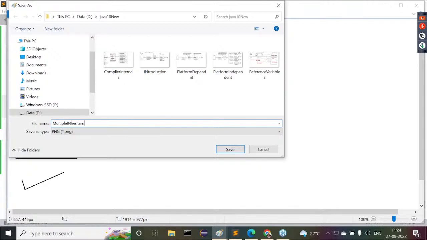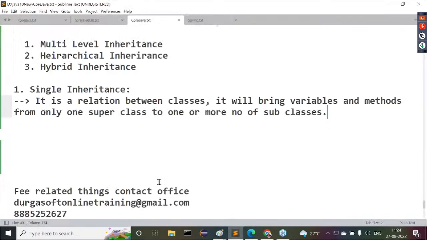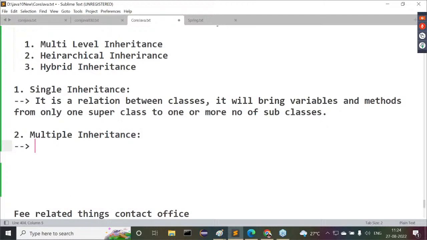Now this is multiple inheritance. Okay, fine. What is this multiple inheritance? What is the definition of multiple inheritance? Now understand this clearly. Again, the same definition: it's a relation between classes. Then what will it do? It will bring